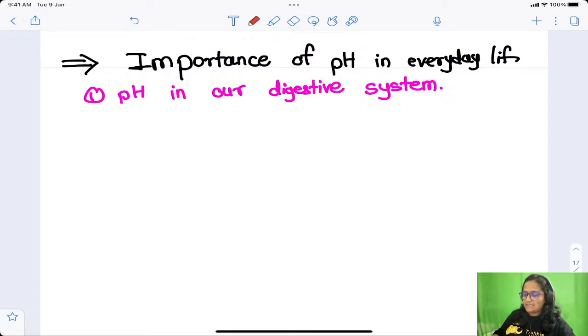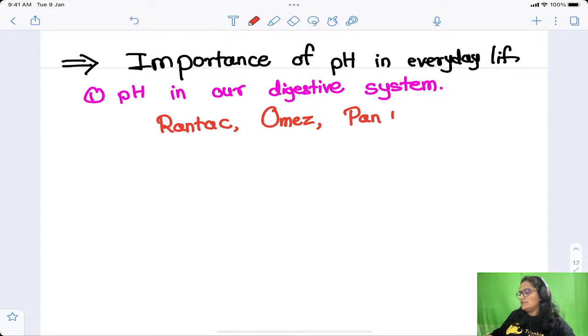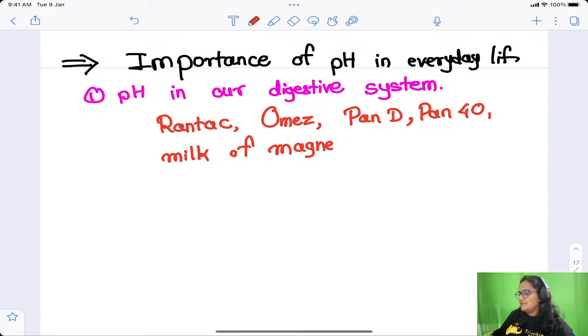So in that case, what do we do? We take some medicines, like Rantac, Omez, Pan D, or Pan 40. What are these medicines? Or we take milk of magnesia. What are these medicines, guys? These medicines are going to kill the effect of the excess acid created inside the stomach,